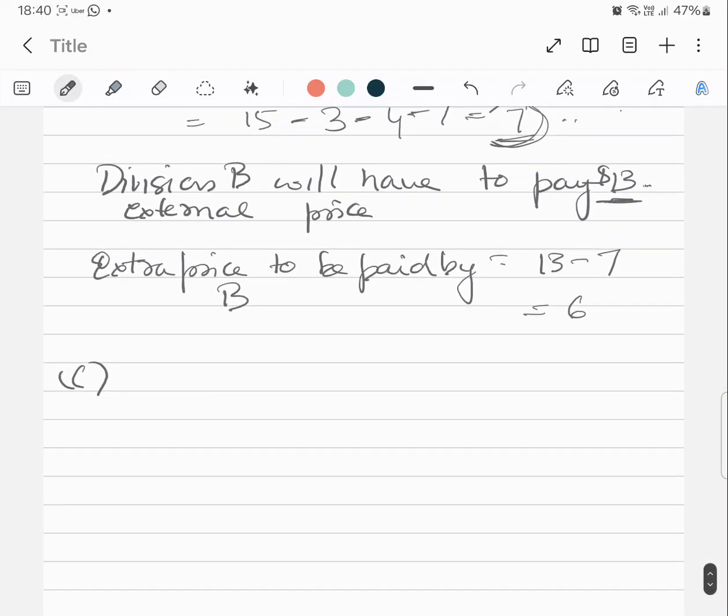But now if the demand is being met internally, then what should be the selling price? It is very simple. It is the current transfer price, and the current price plus the opportunity cost,